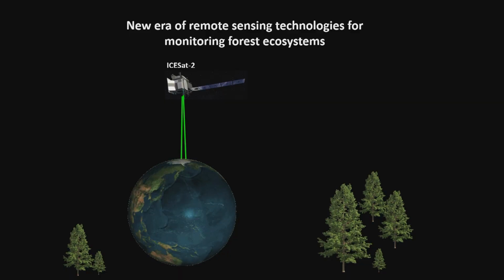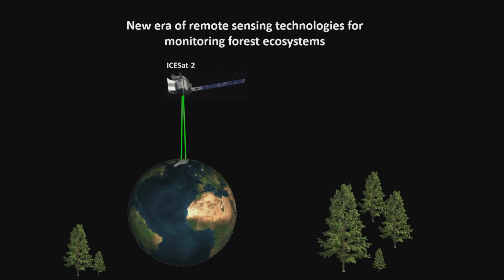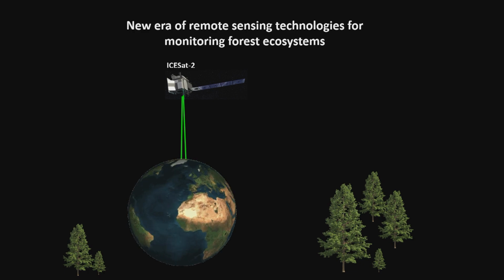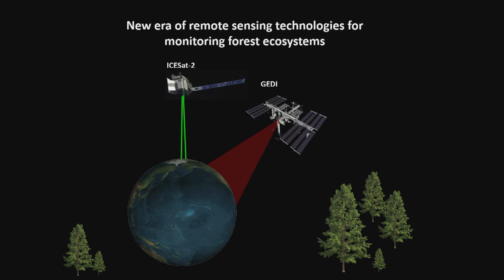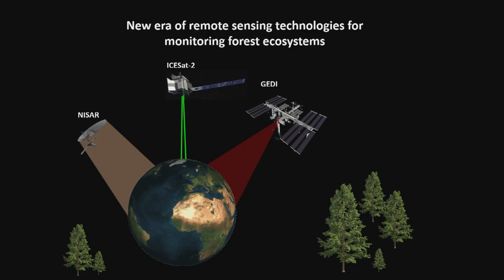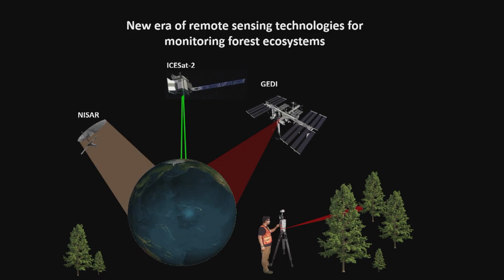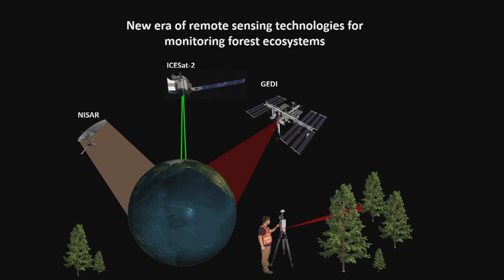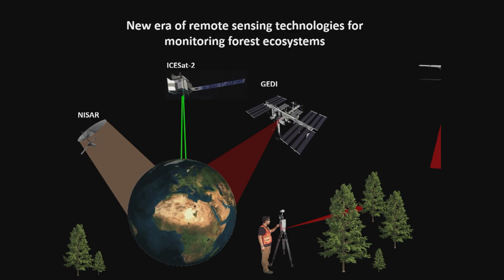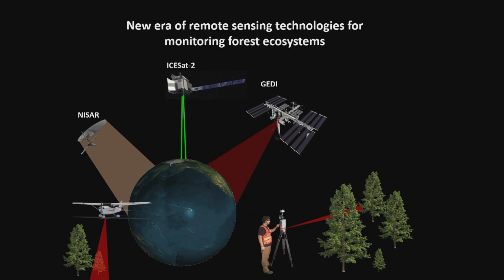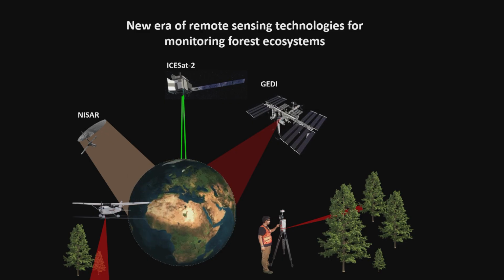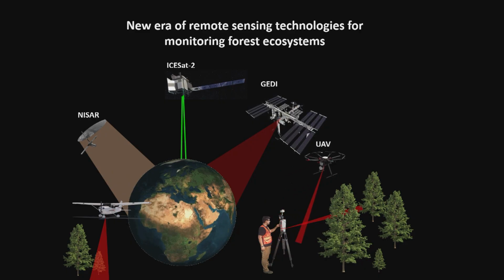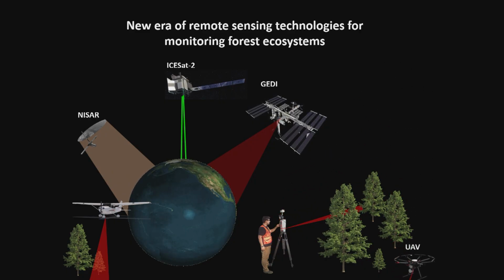As you all know, we're in a new era of remote sensing technology, right? We have a bunch of sensors in this space. As you can see here, we have the NASA ICESat-2, we have GEDI, we have NISAR, we have sensors on the ground. This is me 4 or 5 years ago. We have airplanes flying over. This is my friend, Dan Hayes. He has his sensor in his airplane. We have UAVs flying over.